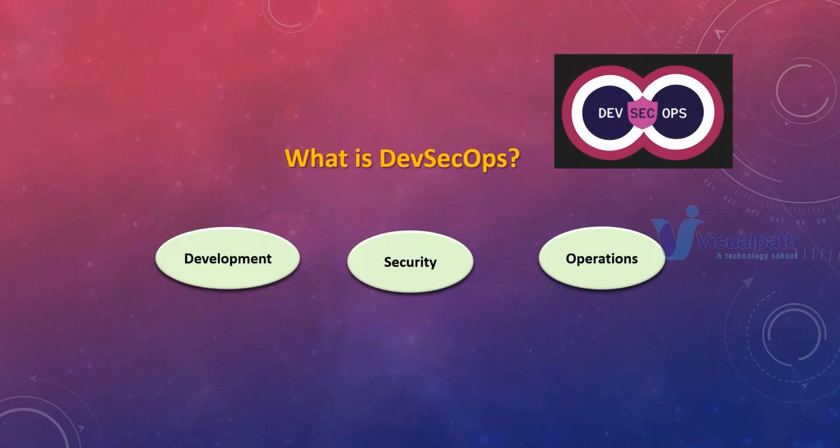DevSecOps. So what will the development team do? They will develop the code or the software for your application or whatever the client requirement is. They'll build the code and they will test the code. That is the job of the development team. Let me give some more elaboration. For example, you are a developer, maybe Python, Django, Java, .NET, Node, whatever language. You will write the code, build the code, and then test the code. That is the job of a developer.